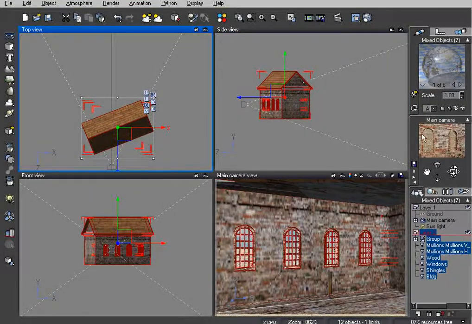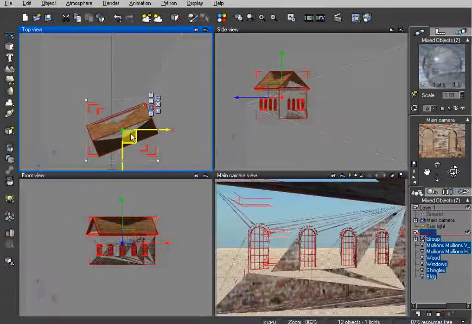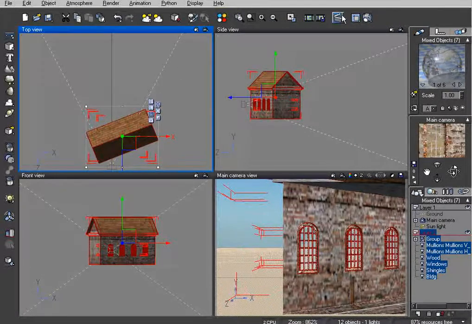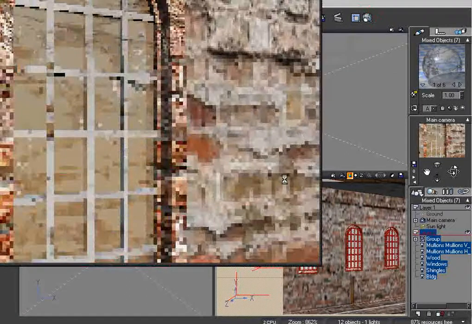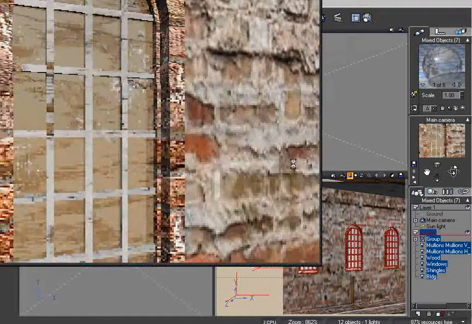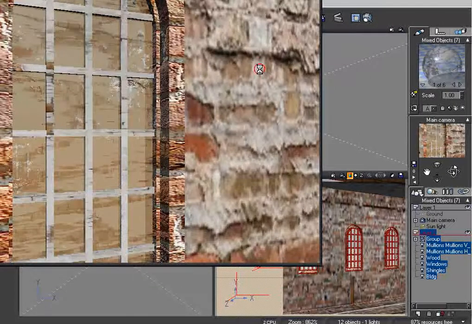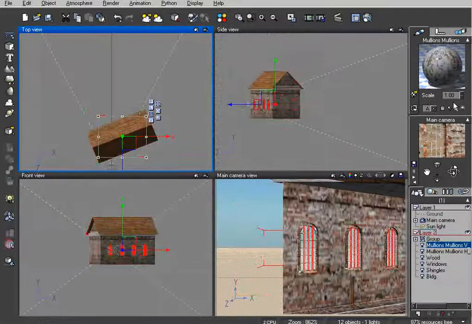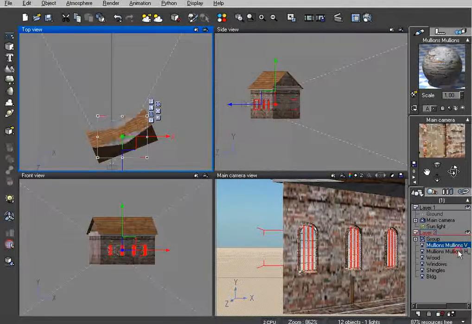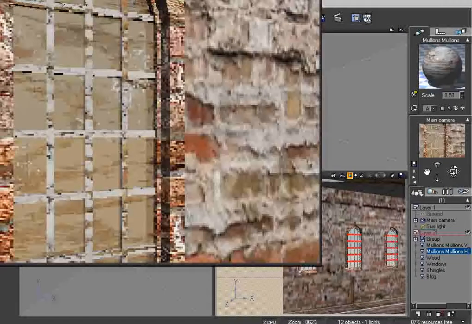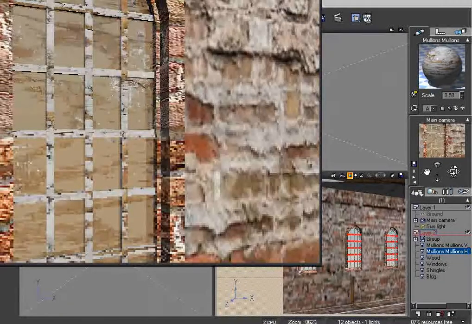I'm just going by this quick little display so I can figure out how close to zoom in on our mullions. Okay, apparently the scale of those is going to need to come down a little bit. Let's do 0.5 and the horizontal one's 0.5. Let's see how that looks. It's looking a little bit better,